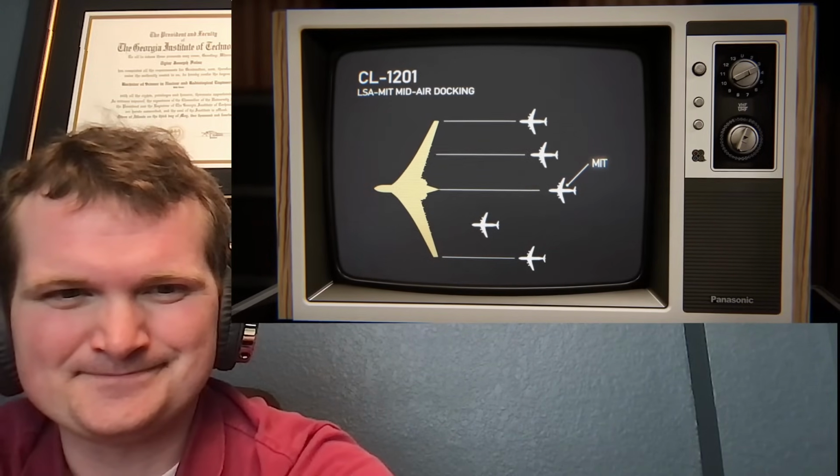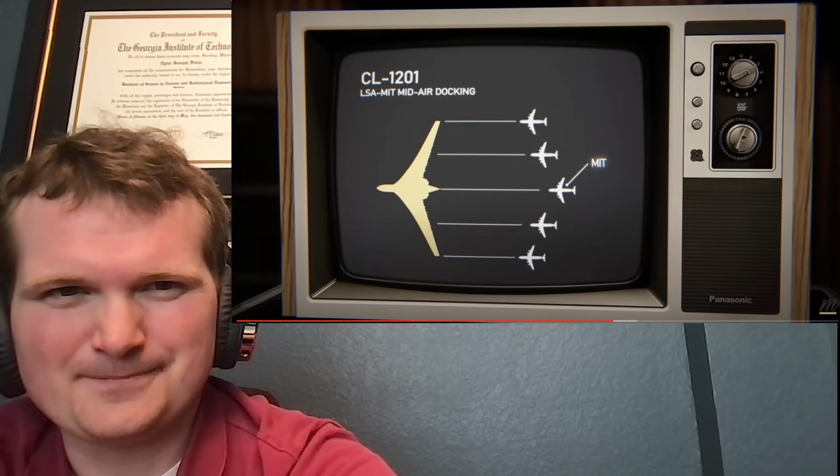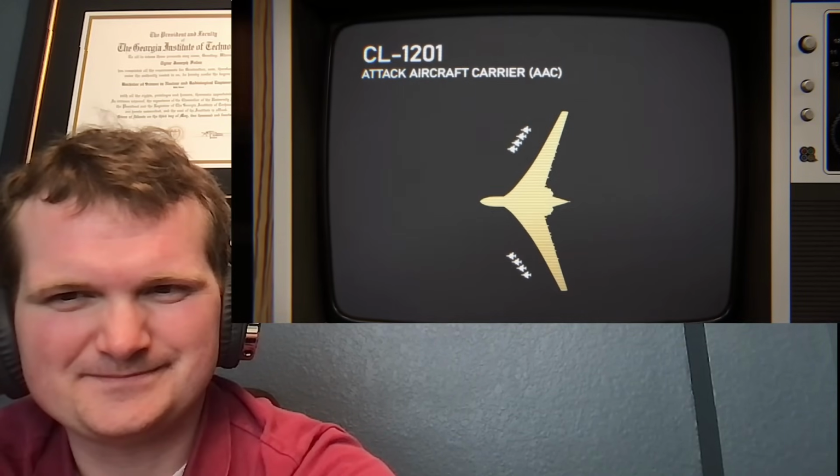The MITs would then connect to the LSAs via a tow line and remain on standby. The 1201's blended wing design would make it an ideal platform for mid-air docking and transfer. And with the assault force in place, combat operations would begin immediately. Working in conjunction with Allied forces on the ground,